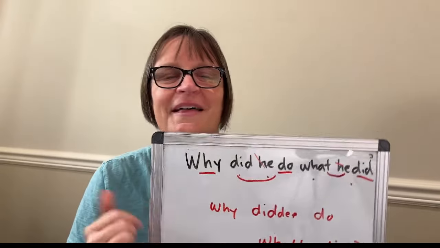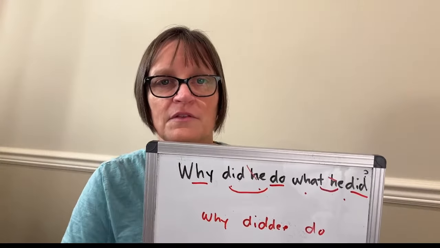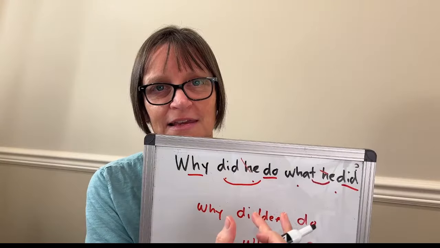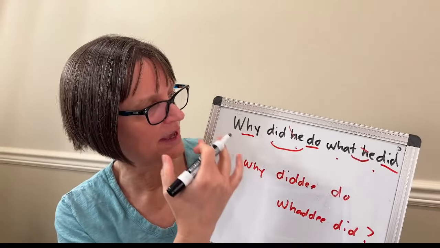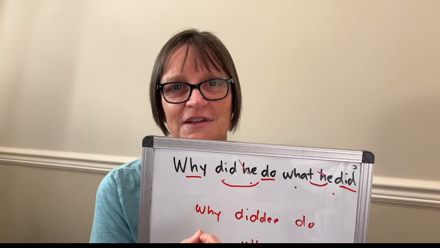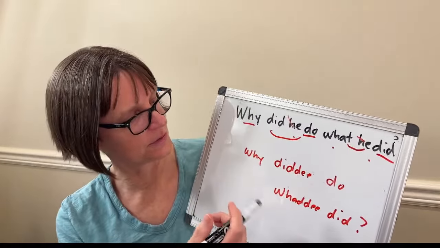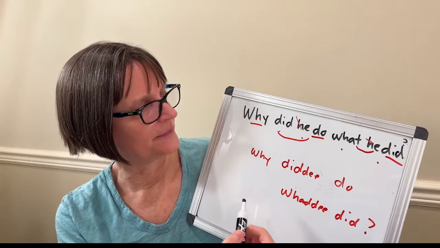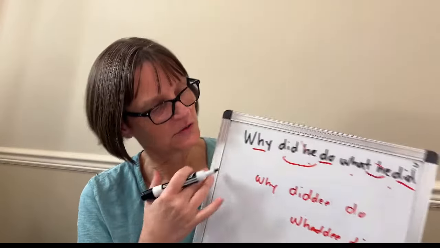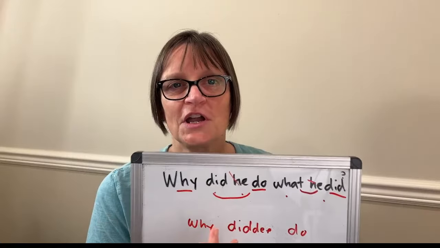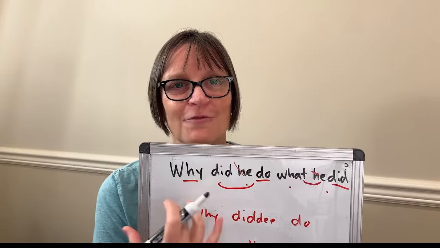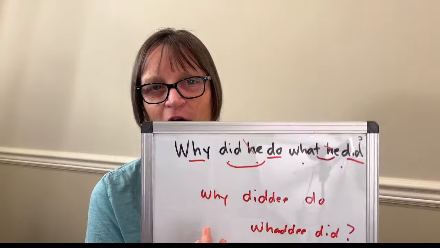And these are good examples of the main ways that we increase our fluency: by linking sounds, by dropping sounds, and by stretching on the stressed words and reducing on the unstressed words. Why did he do what he did? That's that phrase in a nutshell. I just wanted to give you a good example. We've been talking a lot here on the channel about fluent speaking and how written words differ from spoken words. So I hope that helps you.